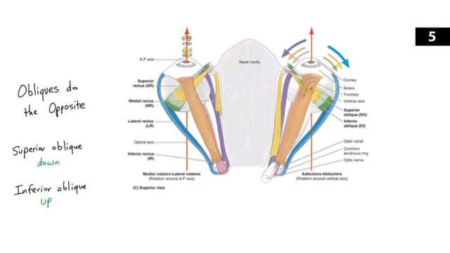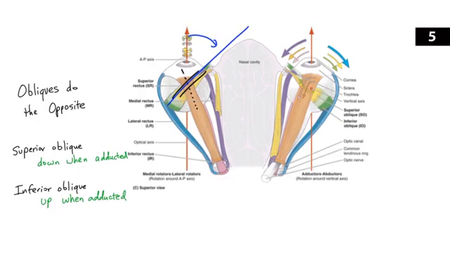But notice that the 2 oblique muscles both attach to the eye in the same plane. And that plane's about 80 degrees from the plane of the superior and inferior rectus muscles, so it's almost perpendicular. This means that when the eye is adducted so that it lines up with the plane of the oblique muscles, the obliques are isolated. So the superior oblique depresses the eye when it's adducted, and the inferior oblique elevates the